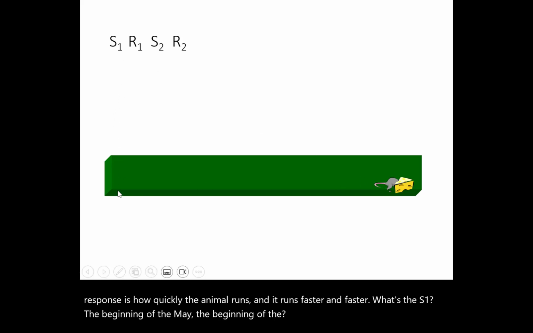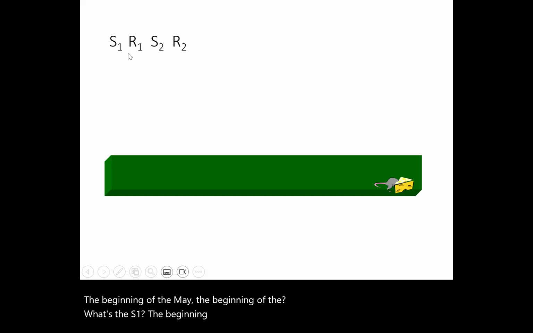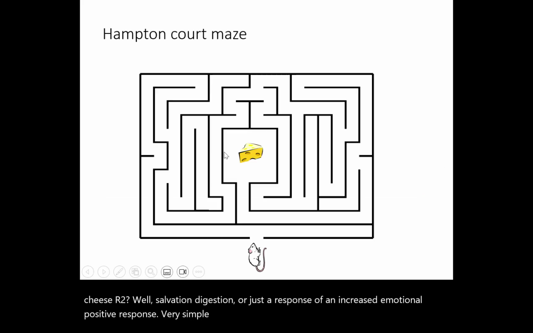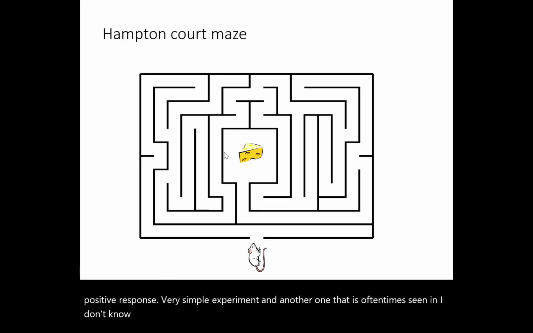What's the S1? The beginning of the runway. What's the R1? Running fast. What's the S2? Cheese. R2, well, salivation, digestion, or just an increased emotional positive response. Very simple experiment. And another one that is oftentimes seen in movies about learning and about rats is